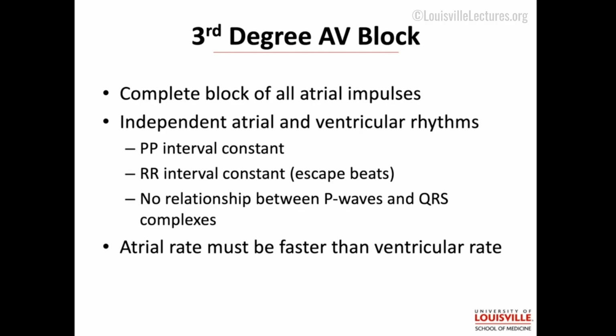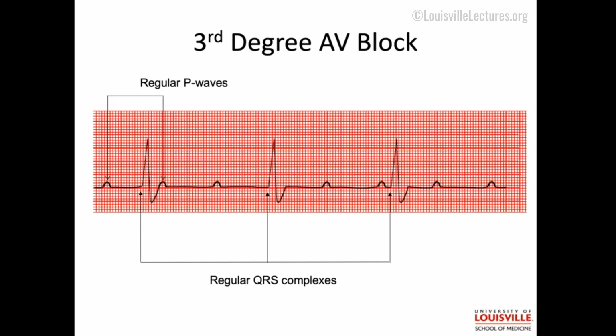They are not talking to each other. By definition, the atrial rate will be faster than the ventricular rate. That's because normally the AV node slows the conduction between the two. So the intrinsic atrial rate is going to be fast, and then the QRS complex is going to be slower. And depending upon where in the conduction system you're getting your ventricular or your escape beat from just below the node, that will determine how fast that QRS is going.